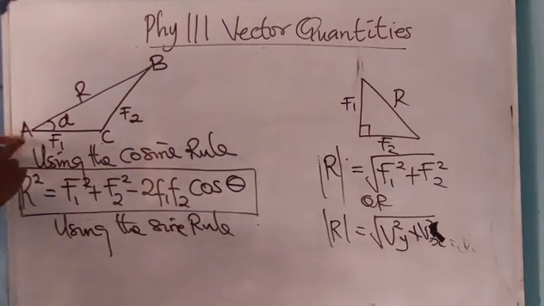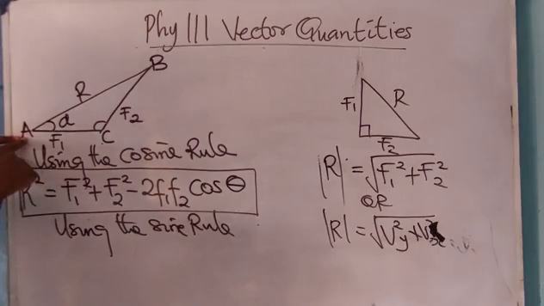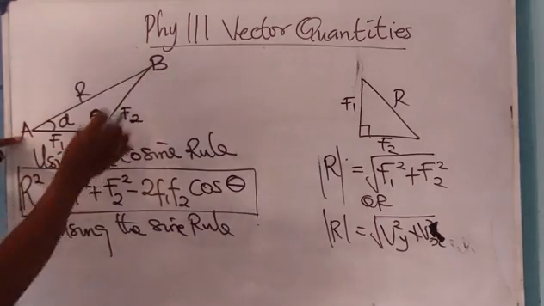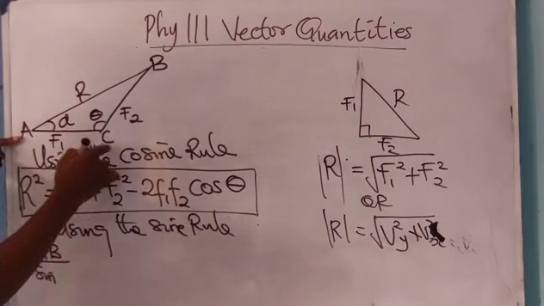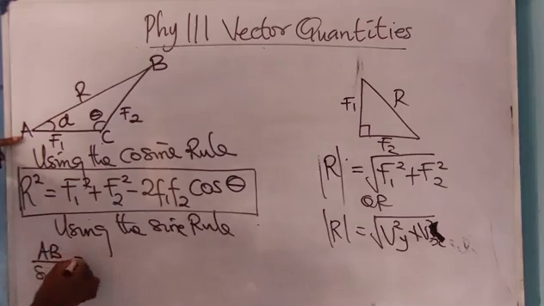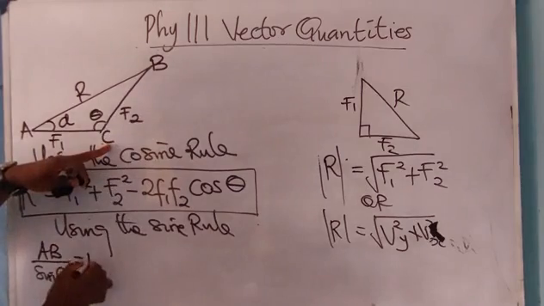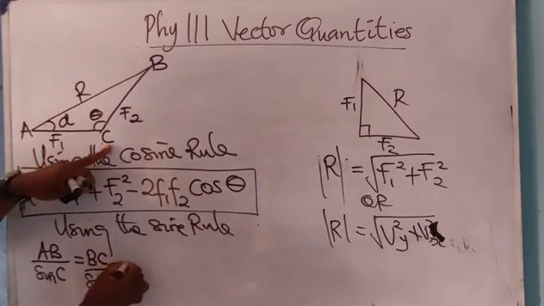this becomes, what angle is facing A and B? C, right? The angle facing A, let me use theta in this case. The angle facing A and B is C. So I'll say AB over sine C, is that not correct? Equals BC over sine. What is the angle facing BC? A. Then equals